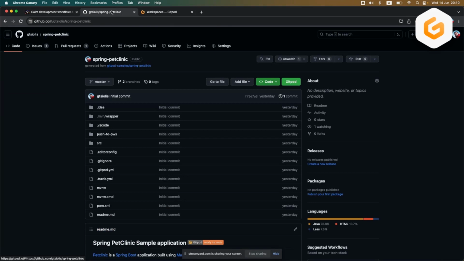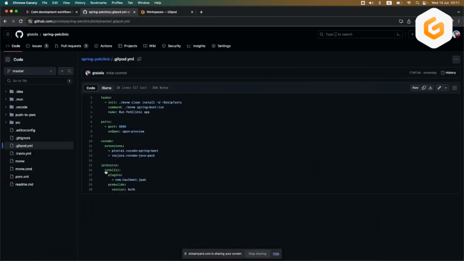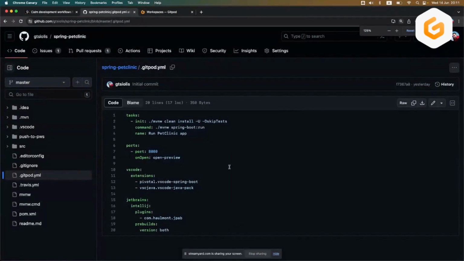All right. So we talked about automation and what this means for our development environment and infrastructure as code. Pauline talked about this. With Gitpod, we have this Gitpod YAML file, where you can specify what tasks to run every time you open the workspace, what ports to expose, and also what kind of extensions you may need for some browser editor specific IDEs. What you see here is the specification in Gitpod YAML format, and this is the automation part. Opening a workspace for this project will create an identical workspace for every person who tries to open it.